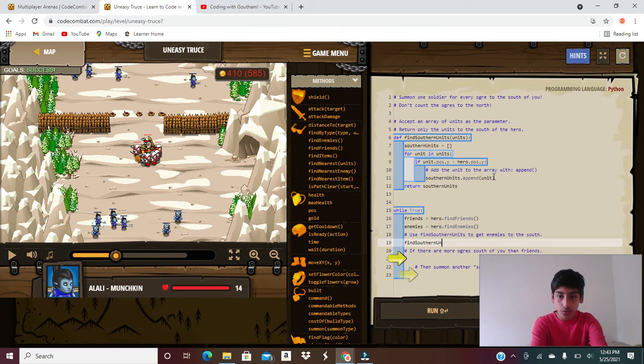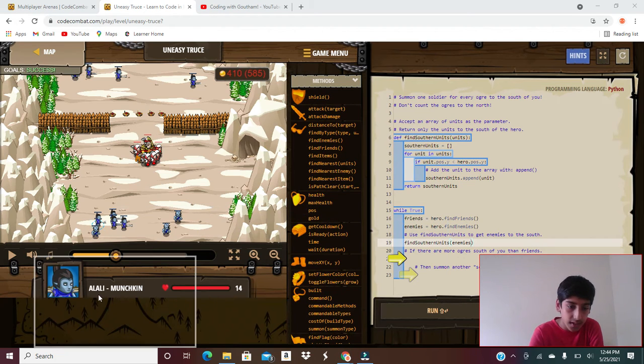Southern units. Okay, so I just had a bit of thing over there. Find southern units, and then you have to get the enemies to the south. So enemies. If there are more ogres to the south than your friends, so let's just keep this back over here,